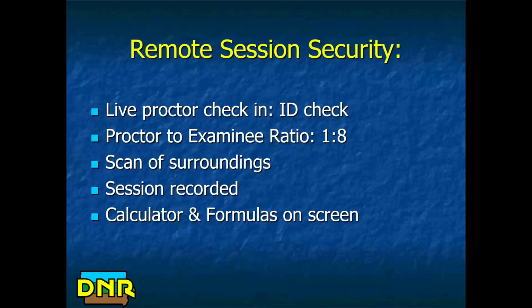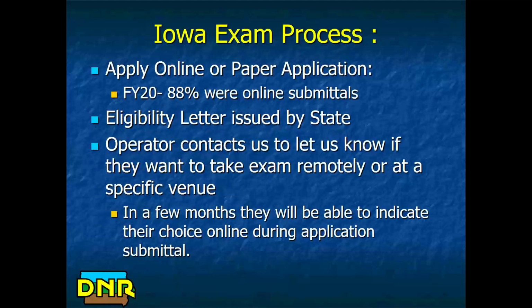Your calculator and formulas are on the screen, so there's no need to have calculators or books or formula sheets laying on the testing surface. In other words, they don't need their phone with them because they don't need a calculator. And so it's about as secure as you can get for remote, and it's pretty sweet. So with the Iowa exam process,